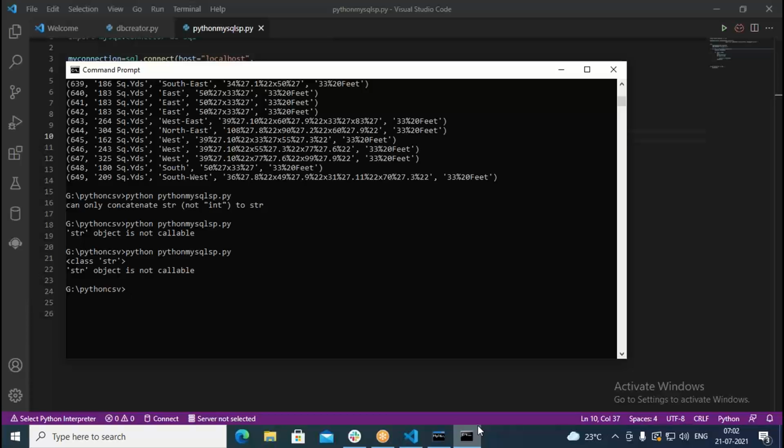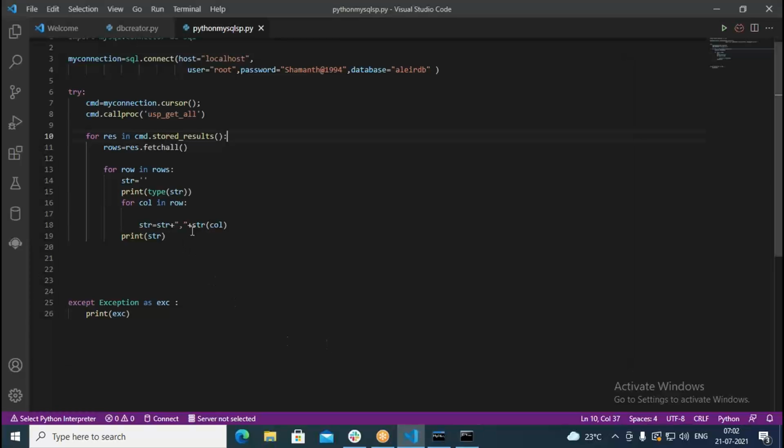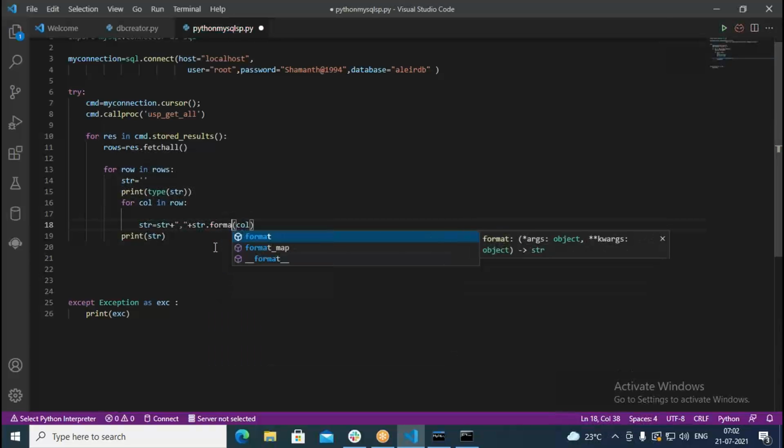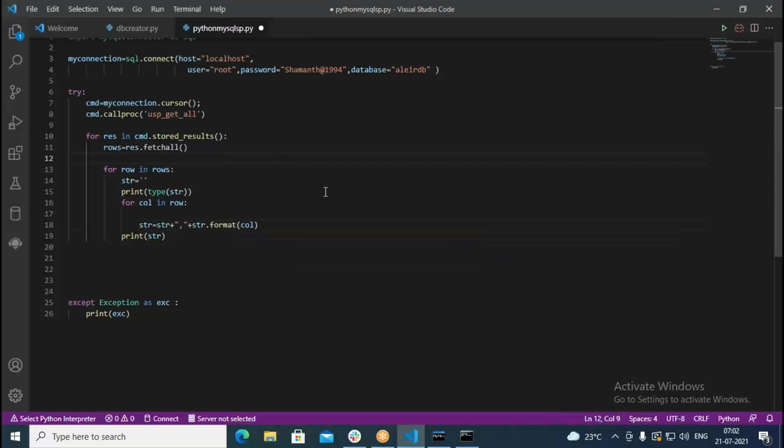What we can do in that case is, I try to write in this way. Here I have taken str. Instead of that, I put here format. Let us see how this is going to work.